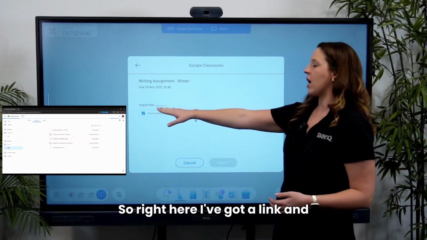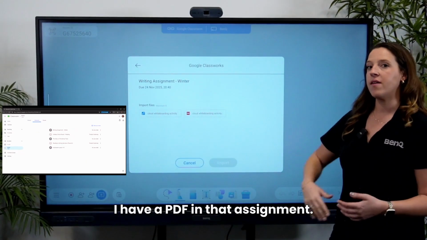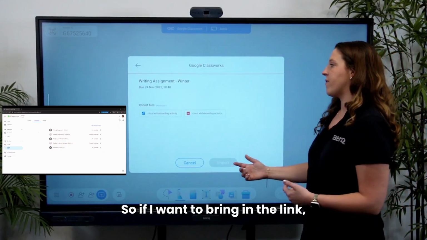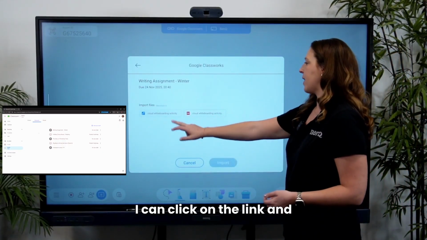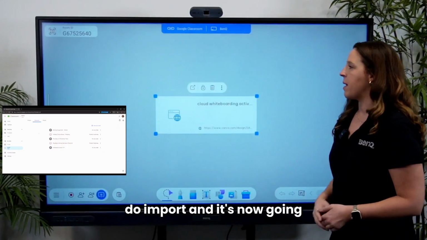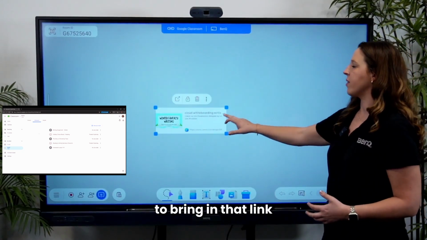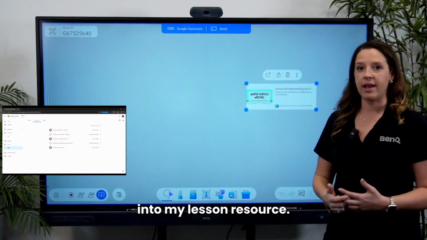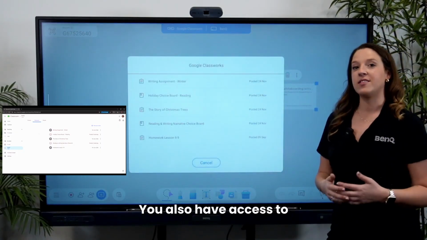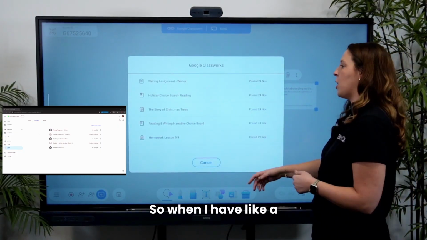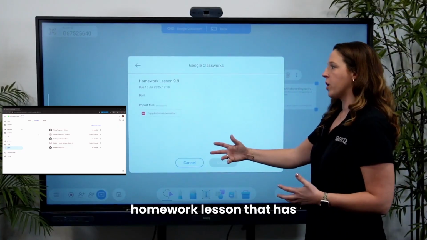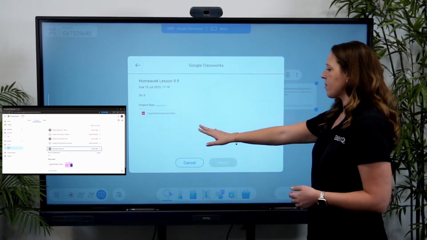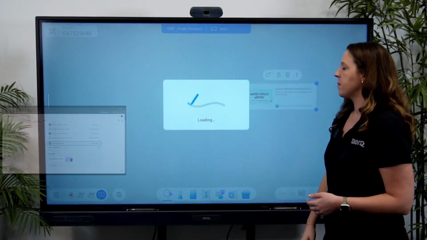Right here I've got a link and I have a PDF in that assignment. If I want to bring in the link, I can click on the link and do import, and it's now going to bring in that link directly into my lesson. This is going to pop out into my lesson resource. You also have access to multiple types of assignments. So when I have a homework lesson that has multiple slides in it,